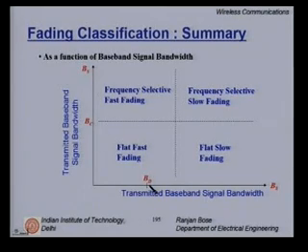Since BD and coherence time, BC and the RMS delay spread are inversely related, then we have these 4 scenarios again. So, whether you want to look at it from the frequency domain perspective or time domain perspective, you have these 4 types of combinations possible. Clearly, you can be close to these gray regions where it is somewhere in between fast and slow fading or frequency selective versus frequency flat fading. Gray regions exist. These lines are not clear demarcations. It is not a black and white scenario. Okay.